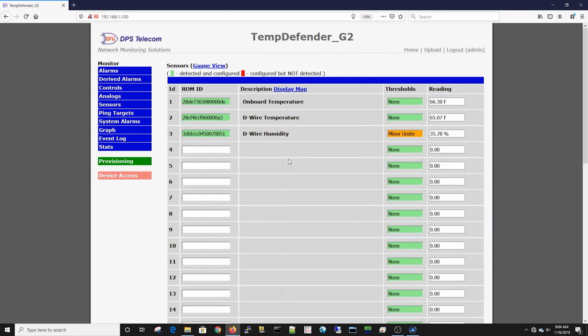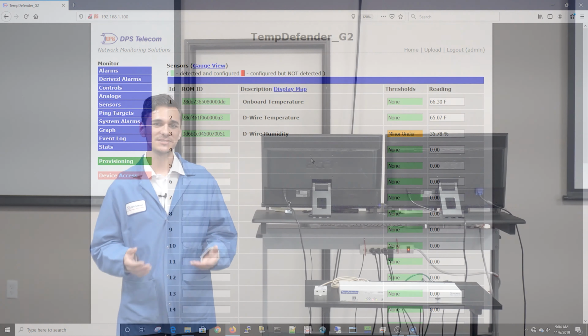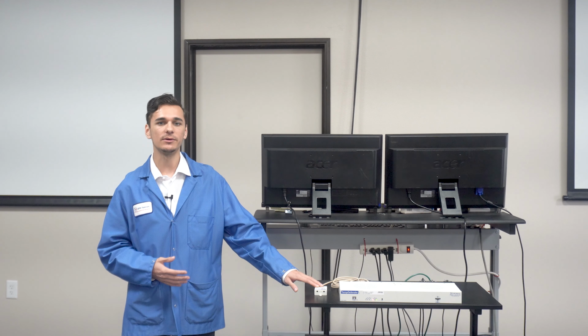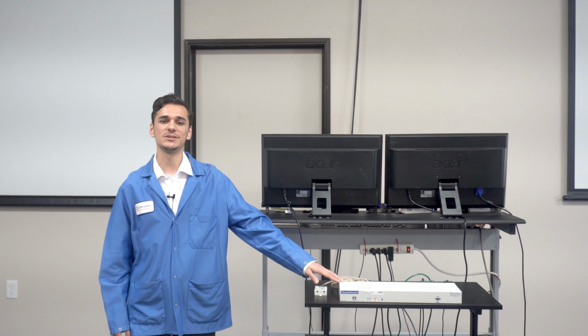So that's just a brief overview of how to set up D-wire sensors using the TempDefender G2 as an example. So we got to take a look at the temperature and humidity D-wire sensor, using the TempDefender G2 as an example of how to set it up via the web